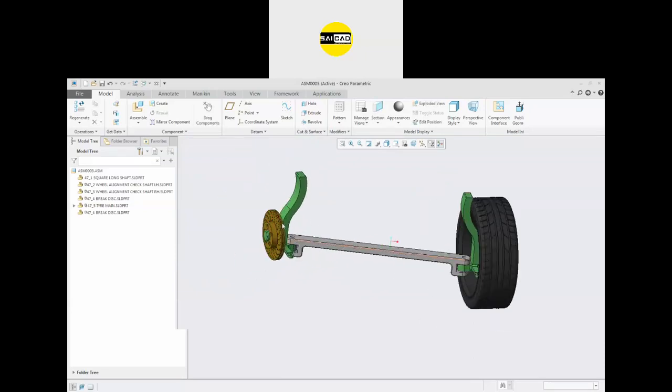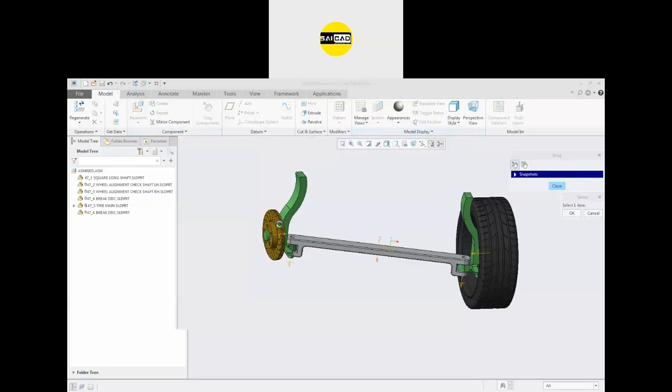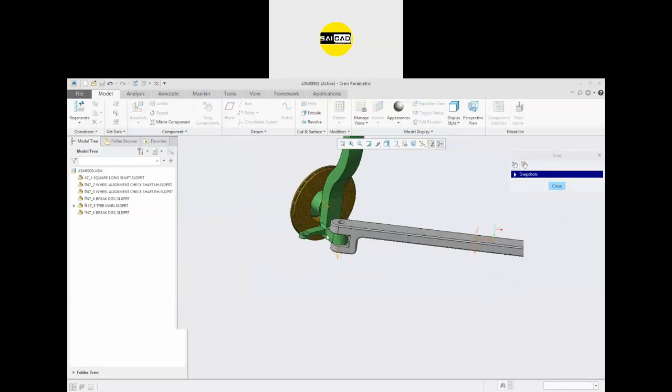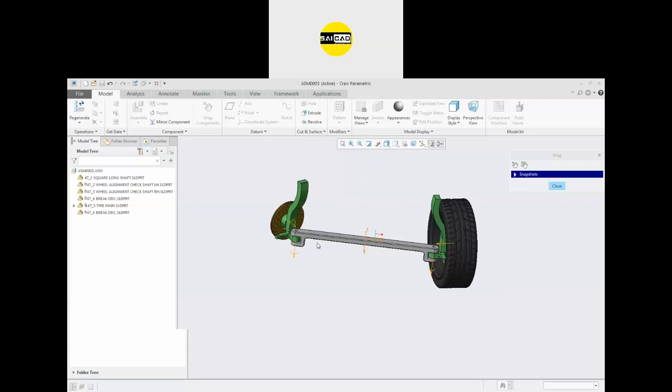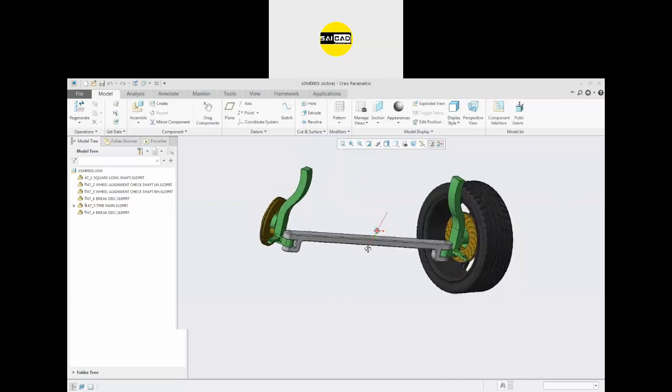You don't have to do much here. So if you just drag the component like that, you can see it is in the rotation and it can be rotated like that. Okay, so again apply some limit here, or you can just add some relation in these two and the object will be rotated according to that.